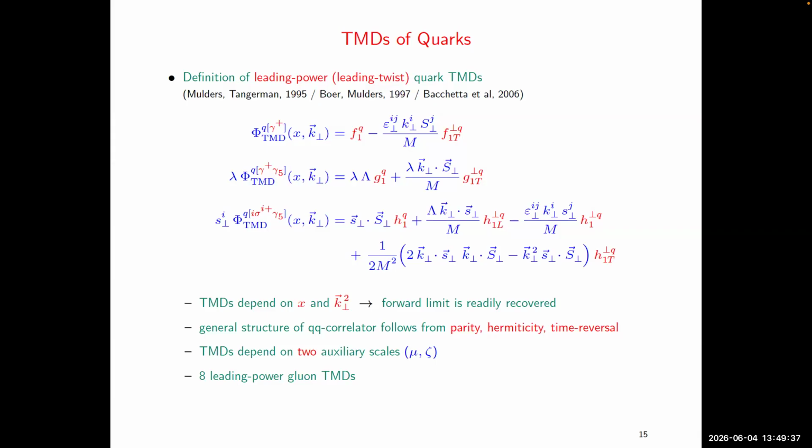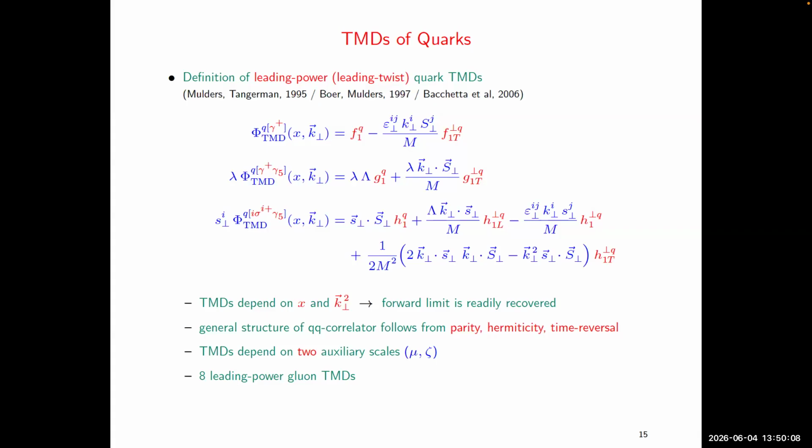There's no big deal here with this mass. This is just introduced so that the entire prefactor here is established. And this structure is then multiplied with what we call the Sivers function. Moving on to this case, gamma plus gamma 5, we have now the transverse momentum dependent helicity distribution and another structure multiplied with another TMD. And in the third case, we have the transverse momentum dependent transversity, and we are able to write down actually